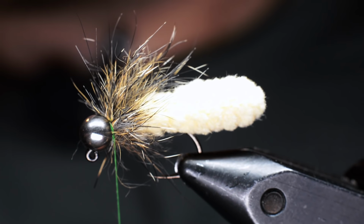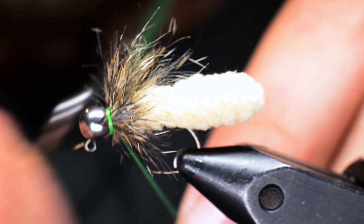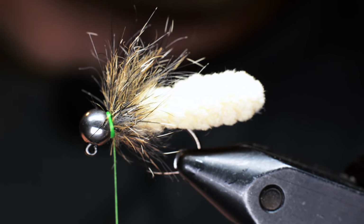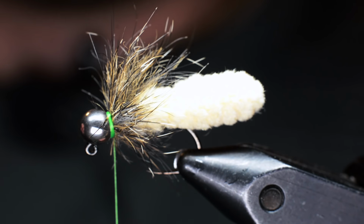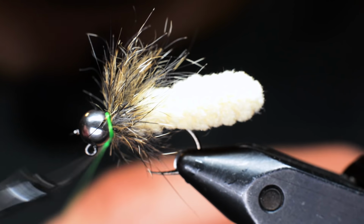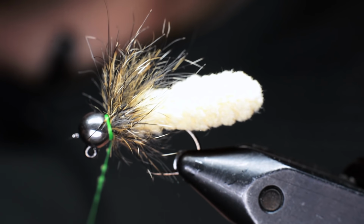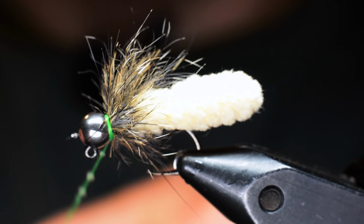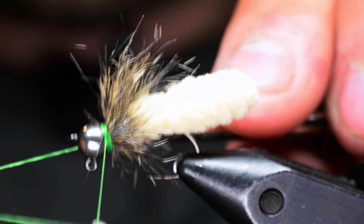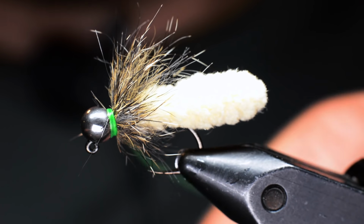So all that's left is just the whip finish. I usually do one whip finish right behind the bead, and then add some more of that brushable super glue to the thread itself, and do one more whip finish on top of that. And with these whip finishes, you want to try to build up a nice little collar. You can use different color threads, or for a more natural look, you can use just a brown or a tan. So I just add a little bit of super glue to the thread itself, and then go ahead and whip finish and just create a nice little green hot spot collar right behind the bead. Tighten that down, and